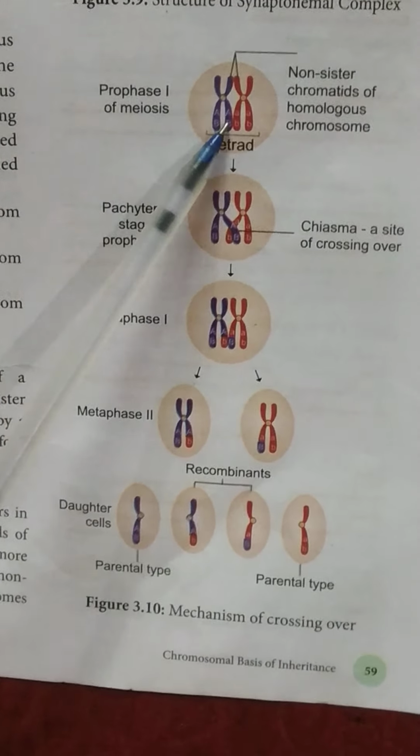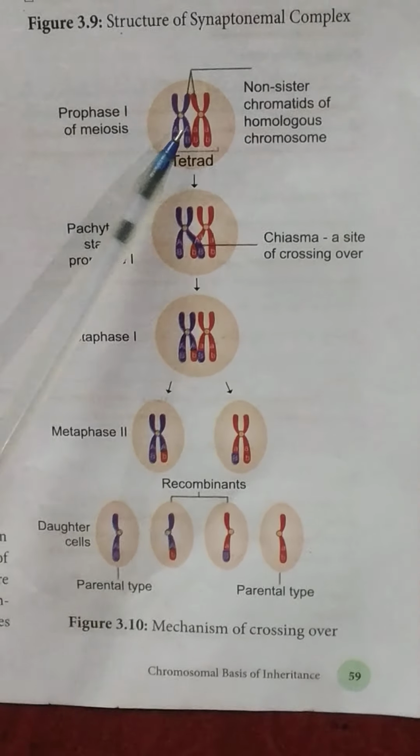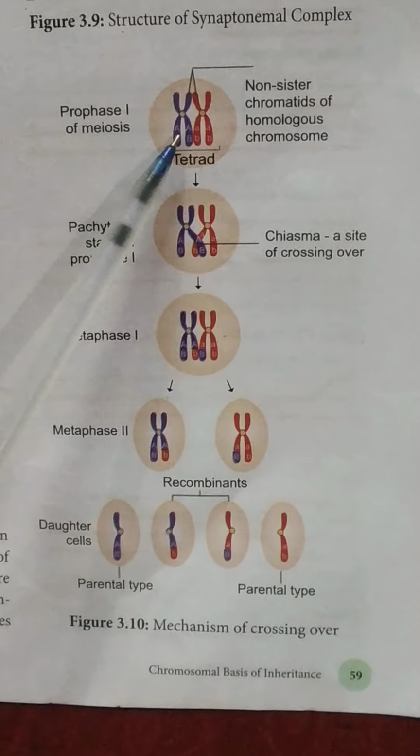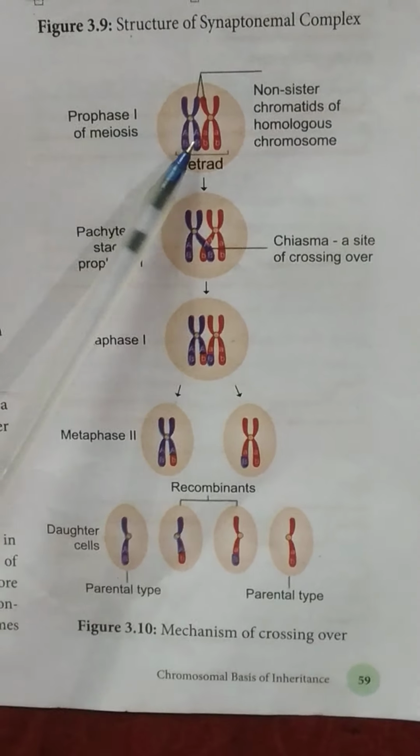It is a genetic event, a biological process, and this is explained by the geneticist T.H. Morgan in the year 1912. Now, when does crossing over take place? It takes place in a cell, where the chromosomes are present within the nucleus. It takes place in meiotic cell division, that is, in prophase 1 of meiosis.